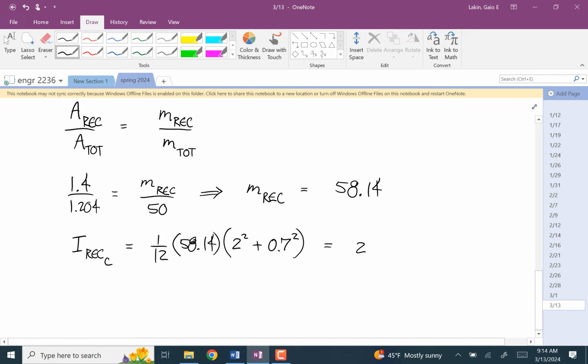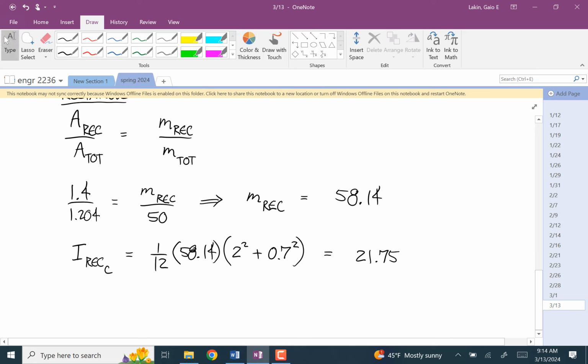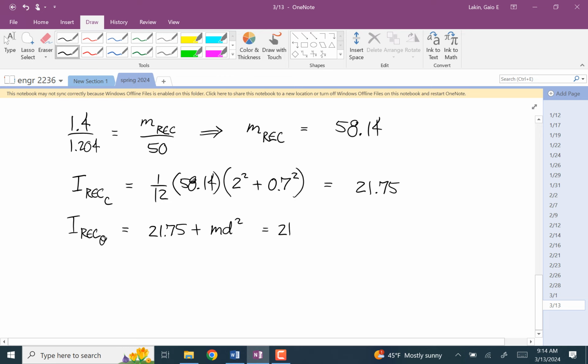And for that, I get 21.75. And so then we have to do the mass of the rectangle about that fixed point, which happens to be at the origin where I put it, is 21.75 plus md squared, which is 21.75 plus 58.14 times, and now,